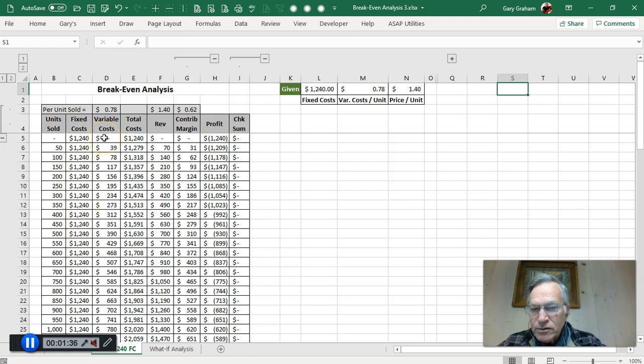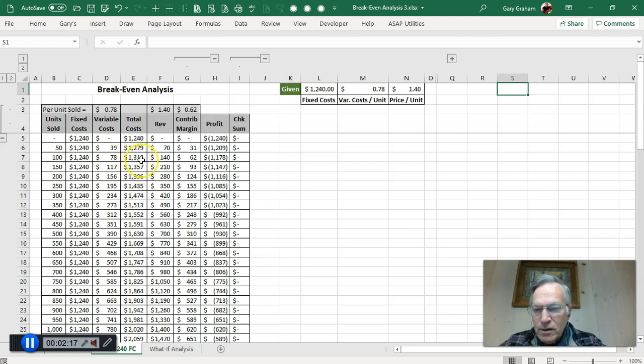The variable costs were 78 cents per unit. So if you didn't sell any units, then you didn't have any variable cost. If you sold 100 units, then your variable cost would be those 100 units times 78 cents per unit, or $78. Then the total cost column is just the sum of those two, of course. So in the case of the 100 units sold, your fixed costs stay fixed at $1,240, $78 in variable cost for the 100 units times the 78 cents gives you a total cost for 100 units produced of